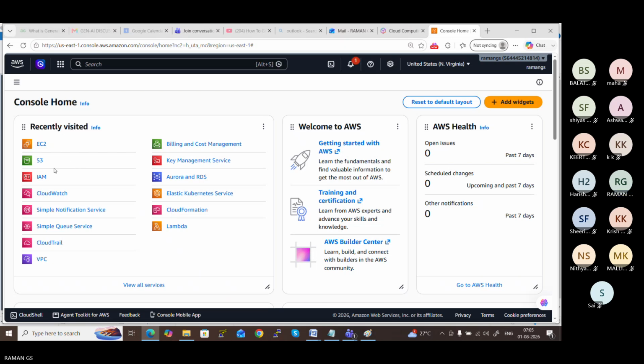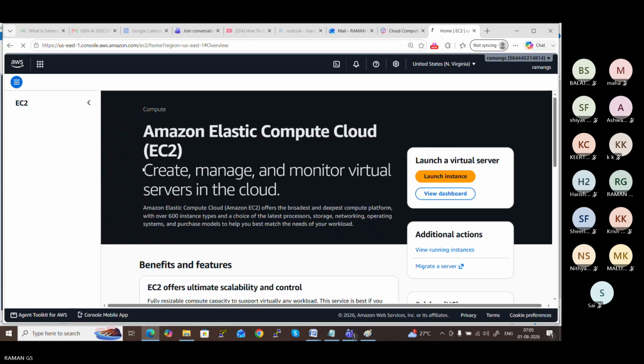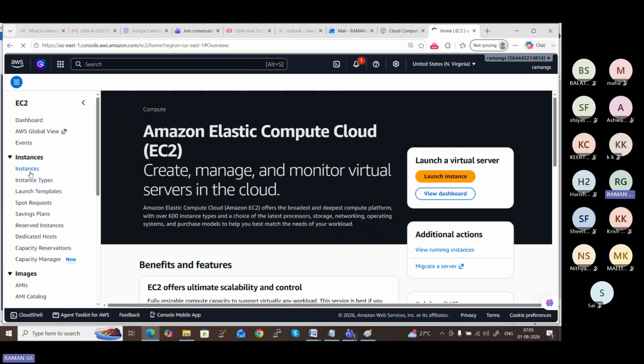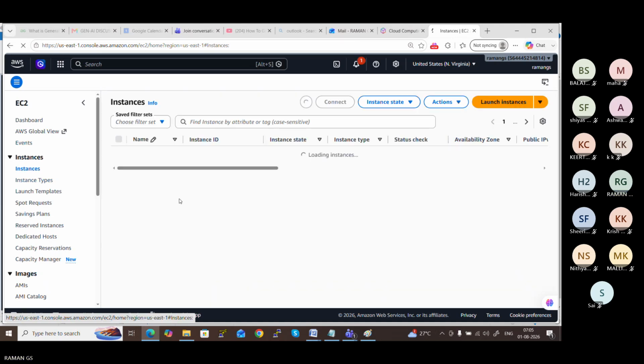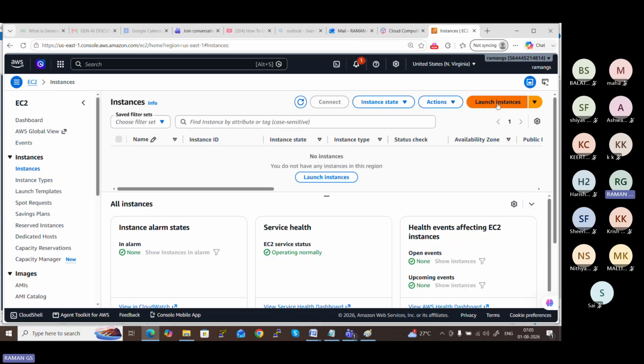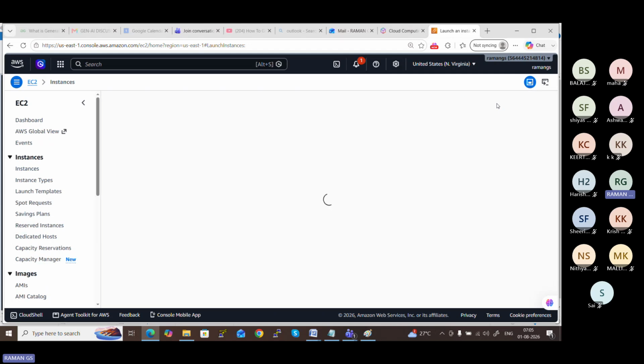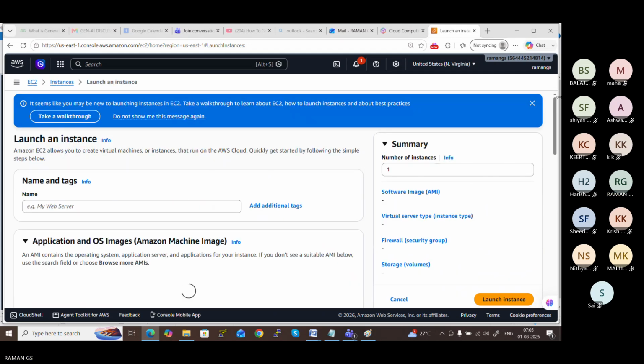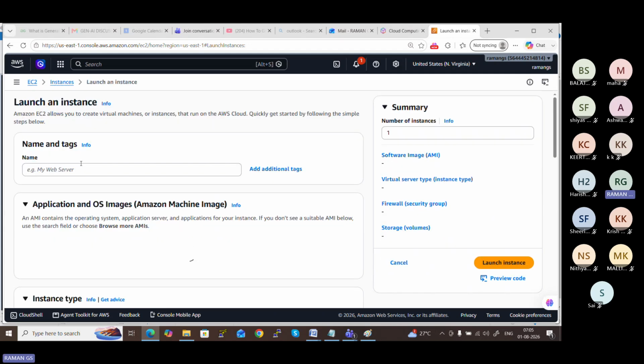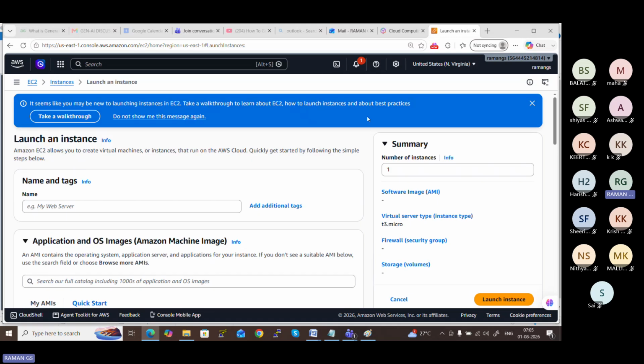So now I connected. Let me launch one EC2 instance. Go to the instance. Here let me launch one instance. A simple Ubuntu server itself.